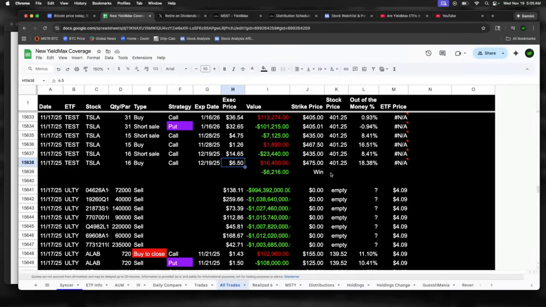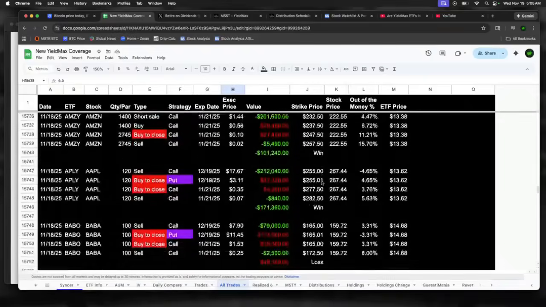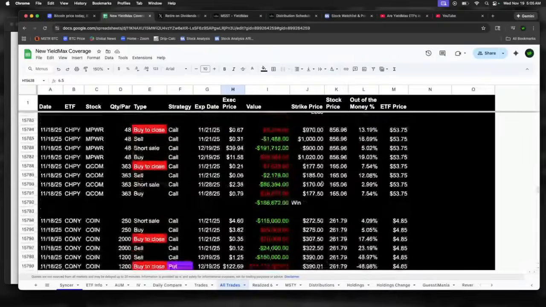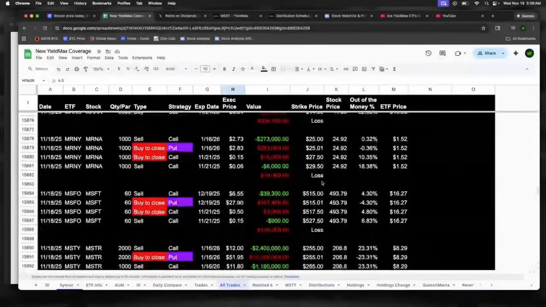Again, their focus is 25%, so they're going to try to yield 25% on their trades. So yeah, that's it. Those are the three. That was the update for Monday. And now we get into Tuesday trades. Let's see if they did any trades yesterday. Again, it starts with MSST,